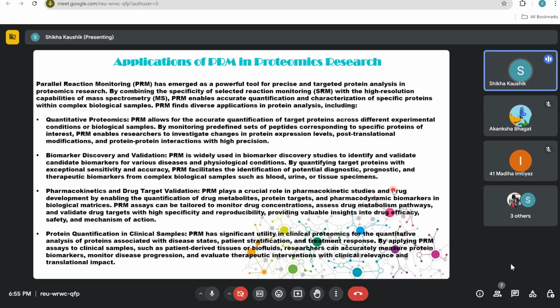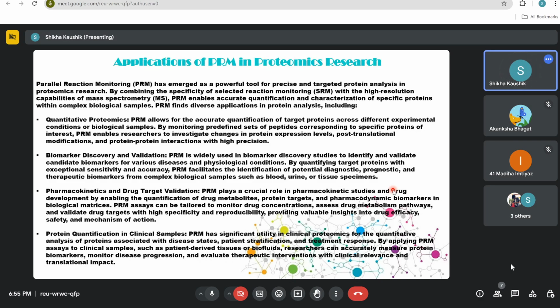So for example, if I have used SILAC approach initially to get the details of my sample, and now I want to study a particular protein using targeted proteomics through PRM, then it will help to validate my previous result. So PRM facilitates the identification of potential diagnostic, prognostic and therapeutic biomarkers from complex biological samples such as blood, urine,